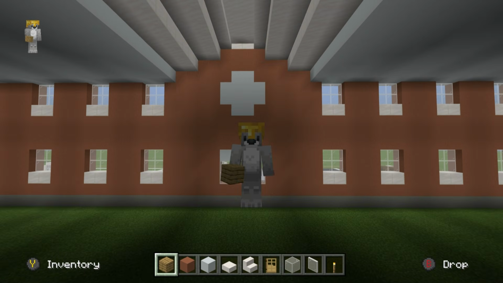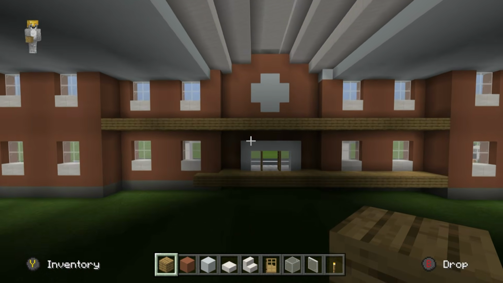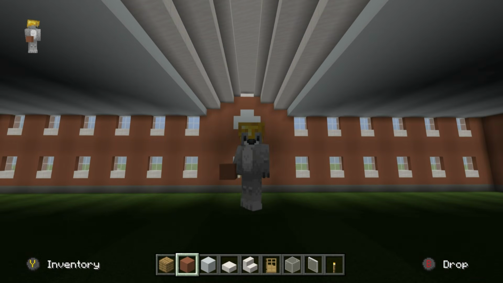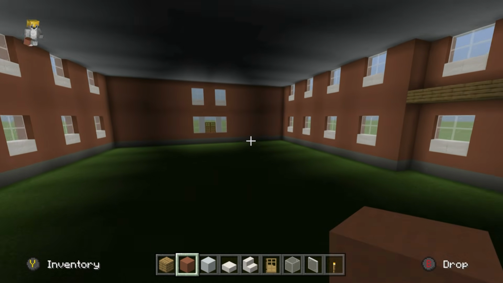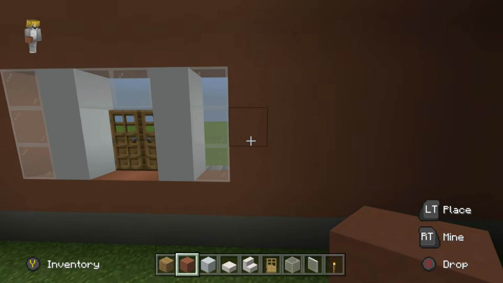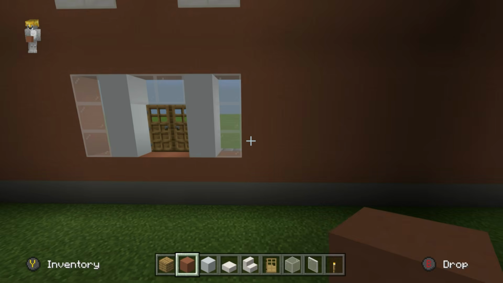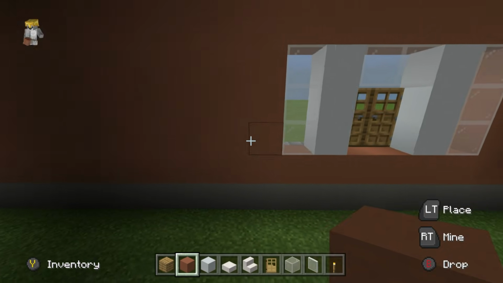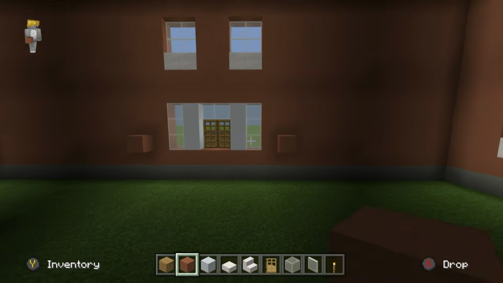We have to install walls into our school. So the walls are going to go in a couple of different places. The wall structure might first of all seem a little bit complicated, but it is actually quite logical and easy. Let me explain. If you come to the left and right side of the school, we are going to have long hallways. The walls for the hallways are set 1 block away from the left and right sides